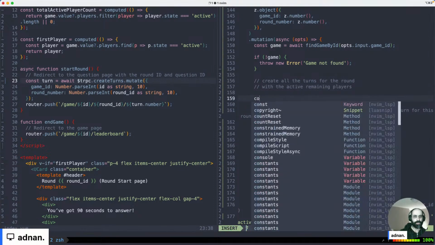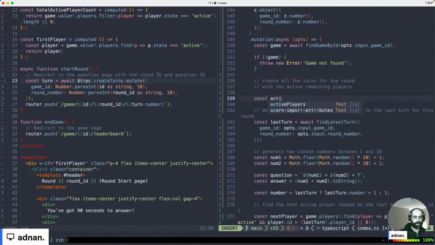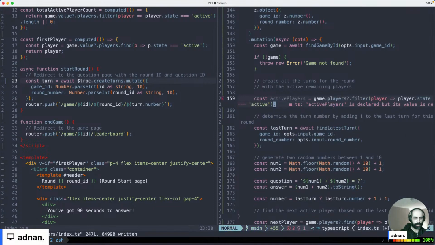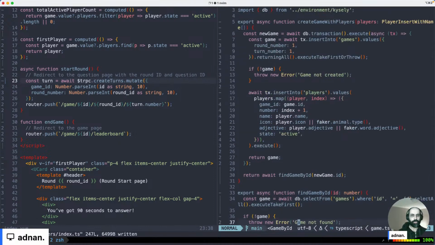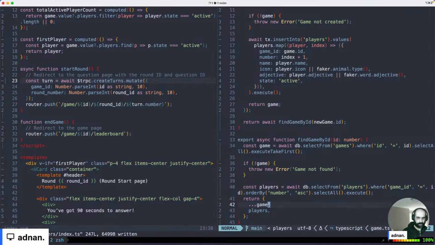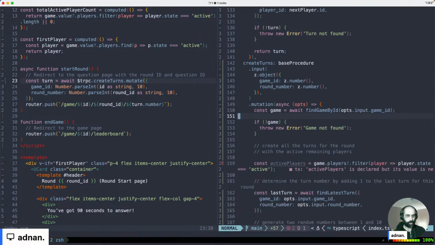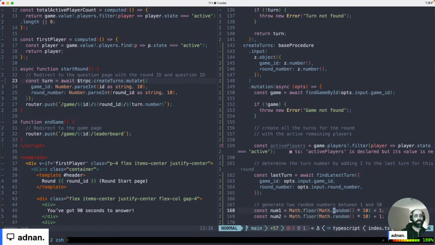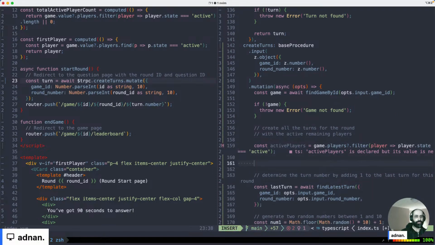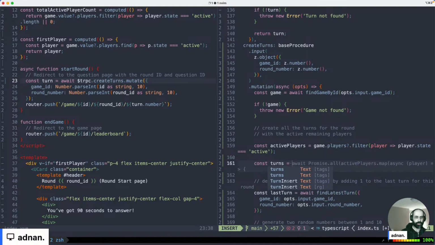So const active players. I've gotten my game, and let me just double check that when I get my players, they are ordered by number. They are perfect, because that's the most important part here. And here are my active players. Amazing. And now I have to say const turns is equal to,